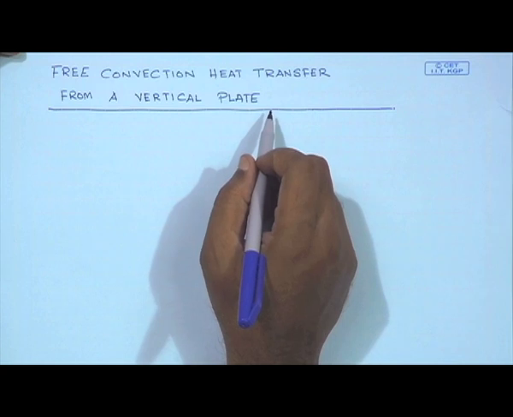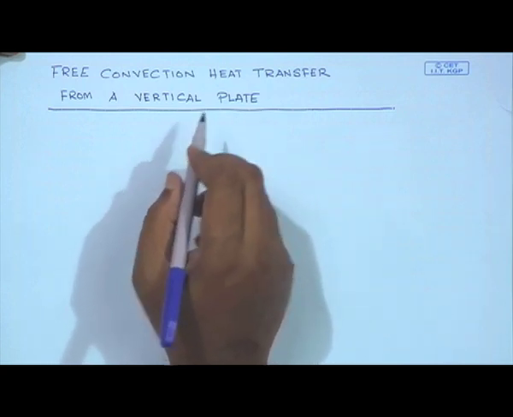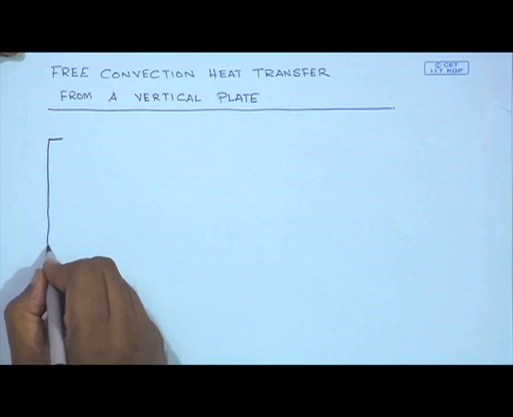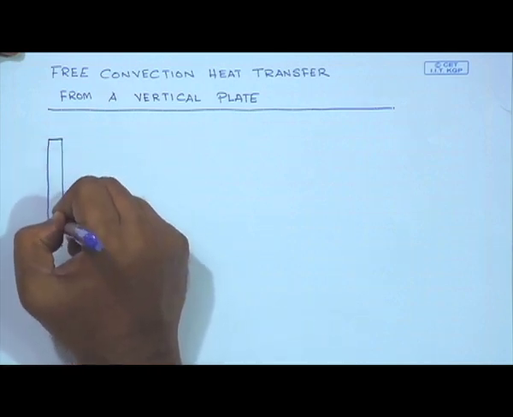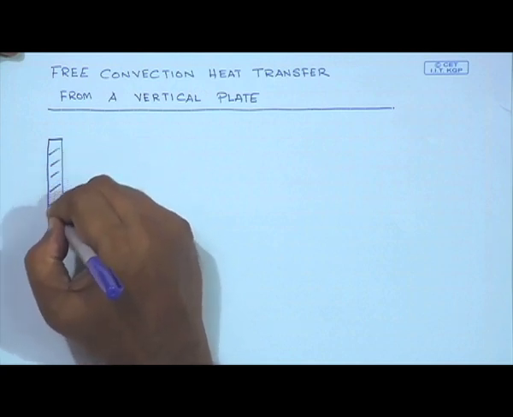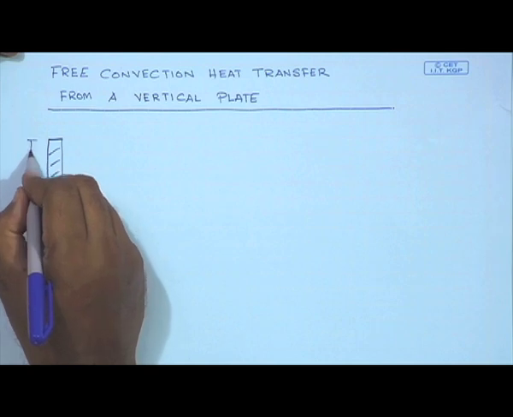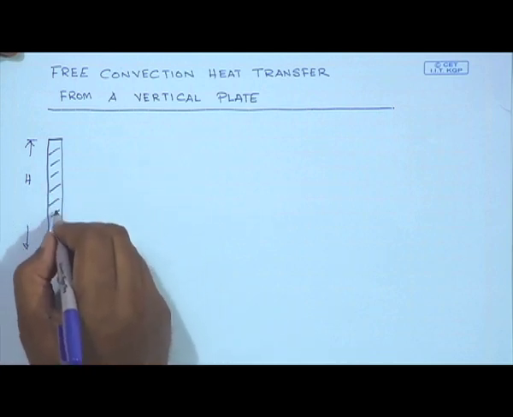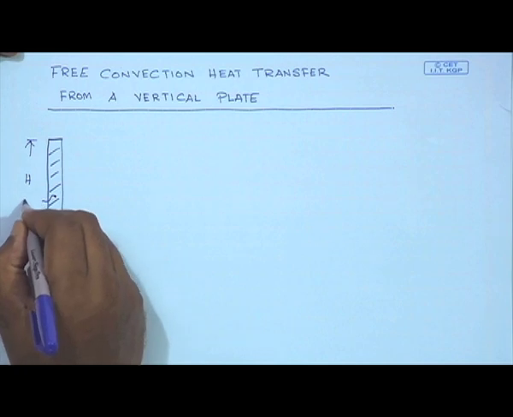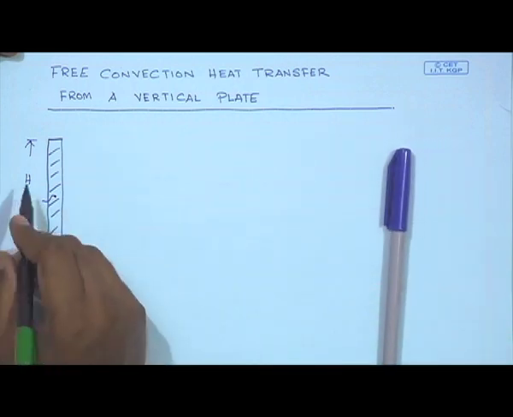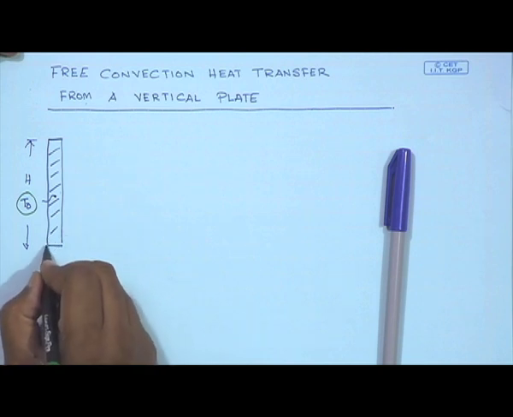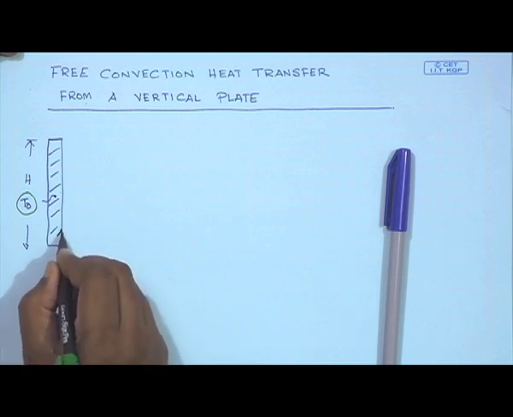So we are going to first start with free convection heat transfer from the simplest possible geometry, that of a vertical plate. So let us assume that we have a vertical plate which is in contact with air. This is the vertical solid plate whose length is h and whose temperature is maintained at a constant temperature of T0. So T0 is the temperature of the solid, and we have the coordinate system: this is the z direction